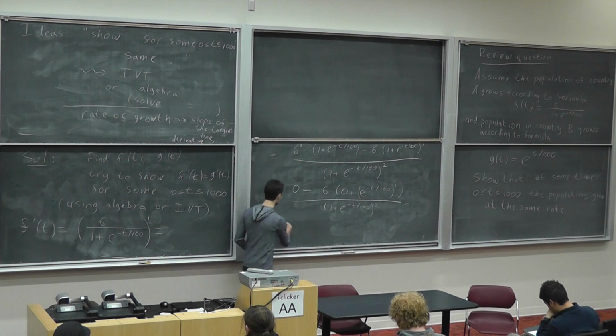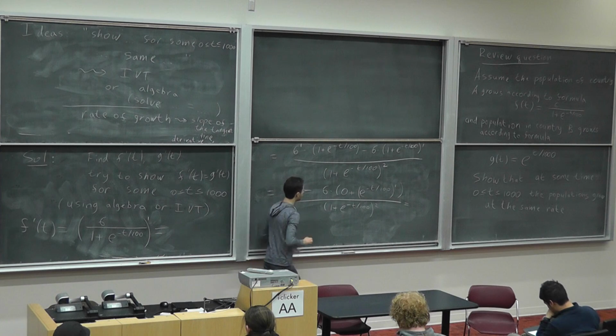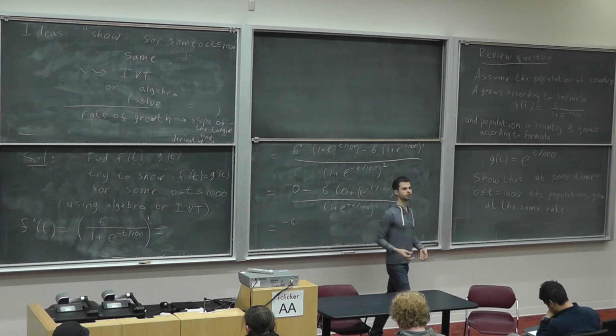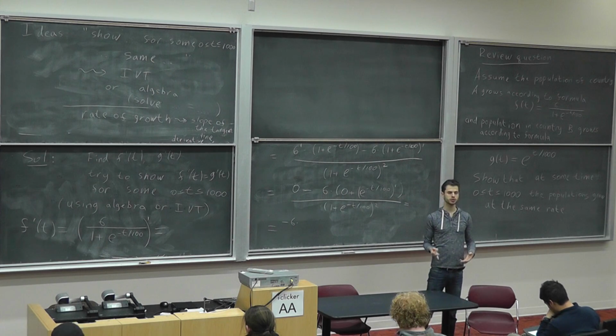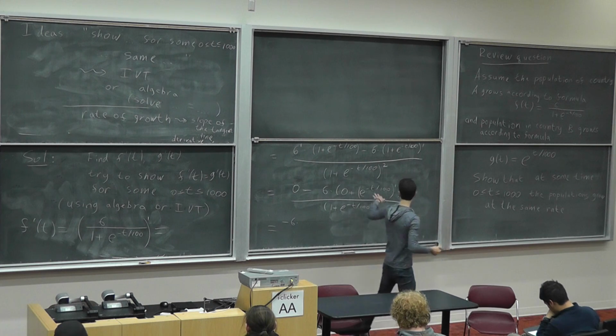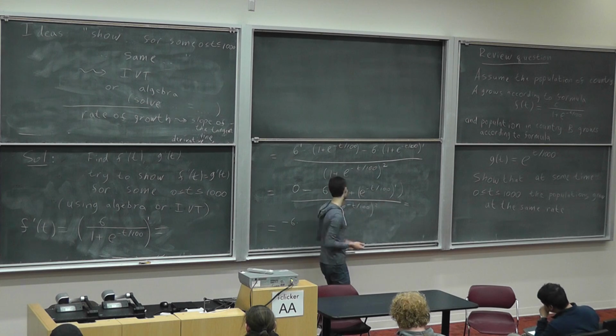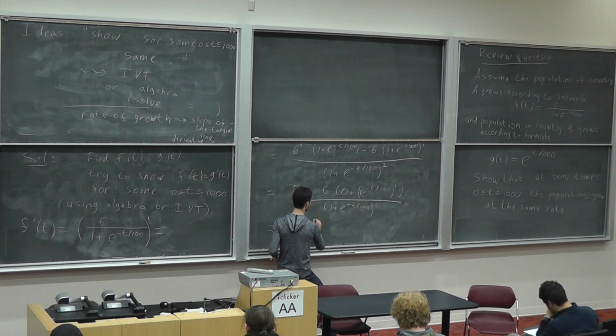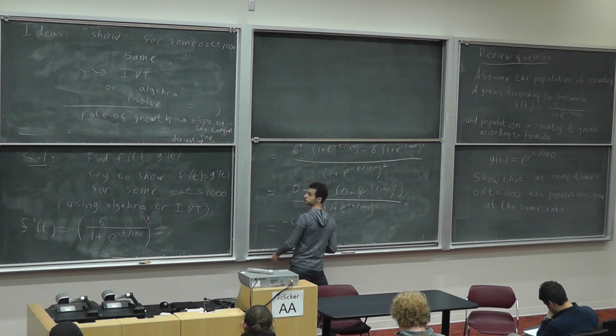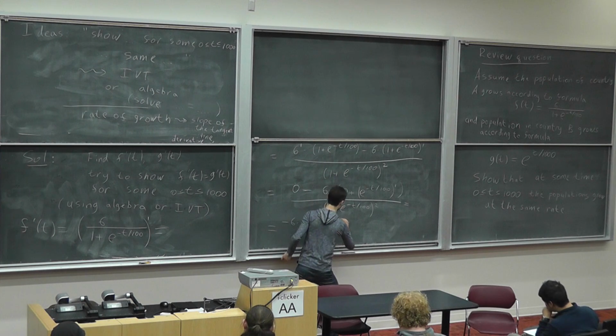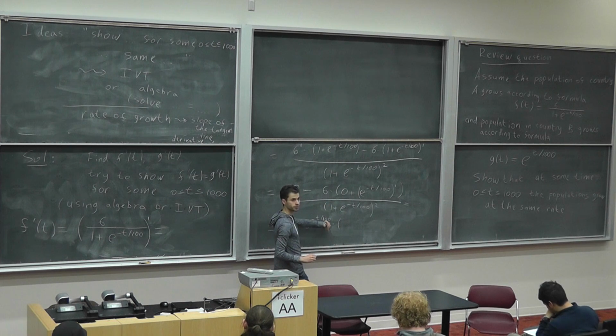Okay, so chain rule. Derivative of e to its argument is e to the argument. We know that derivative of e to x is e to x. And then multiplied by the inner derivative, derivative of minus t over 100. So it's e to minus t over 100 multiplied by derivative of minus t over 100 is